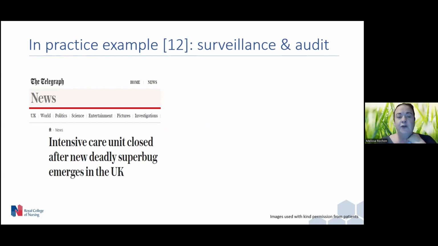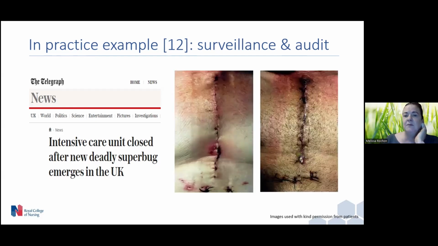And full credit to the teams that worked tirelessly trying to find out what was going on. People talk about outbreak fatigue. I mean, we had the CRS for about two plus years, and it was really hard. But at the same time, amongst all of this pressure with the Candida auris outbreak, we found that we were having a problem with superficial sternal SSI.